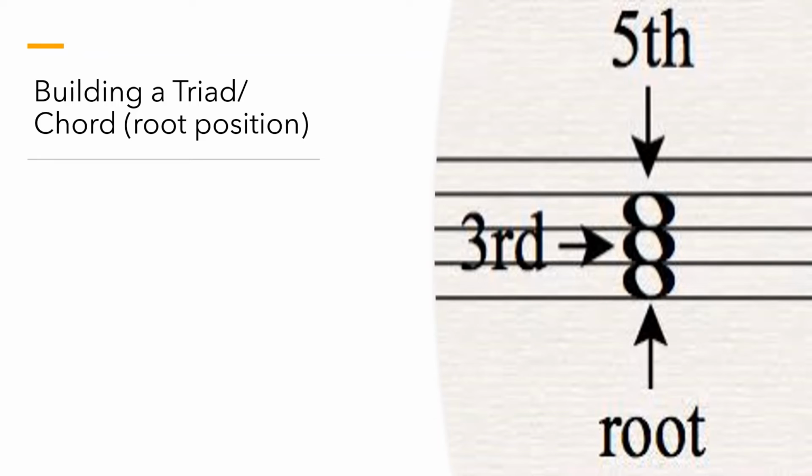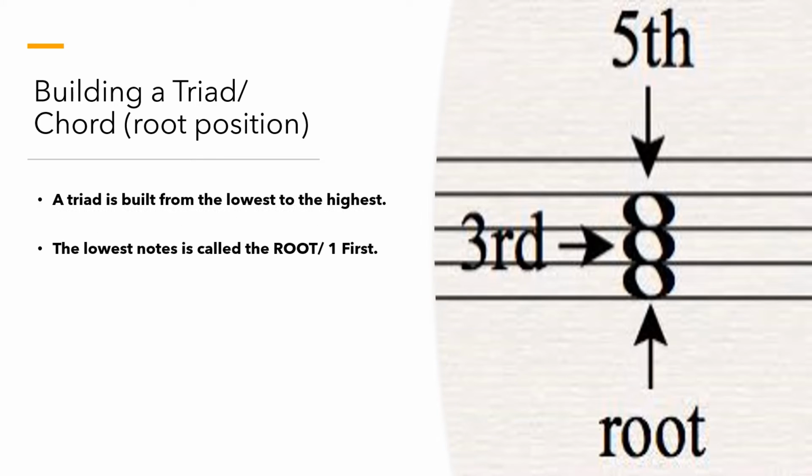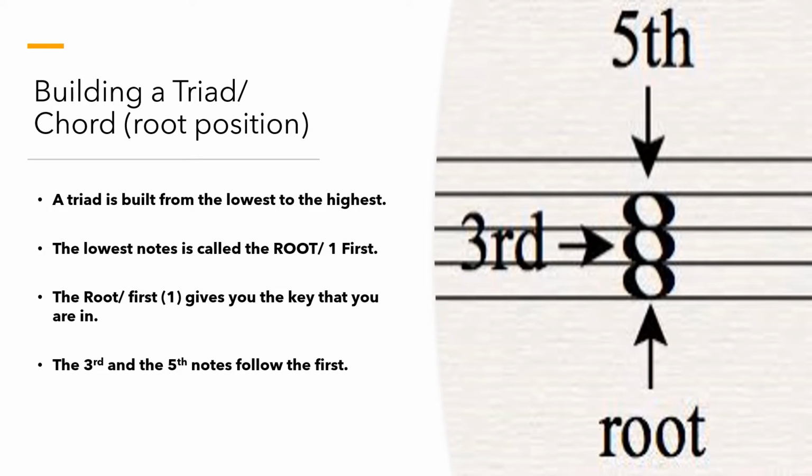So we have started. In building a triad slash chord in root position, you need to know that a triad is built from the lowest note to the highest note. So the root, or what we call the first, is the lowest note. That is what I just said. So the lowest note is called the root, or the first. The root, or the first, gives you the key that you are in, and it is followed by the third and the fifth